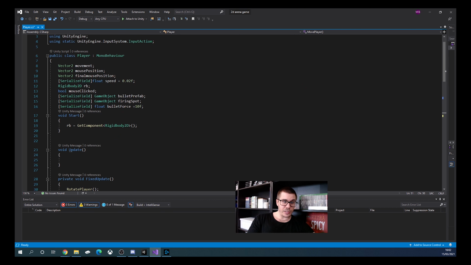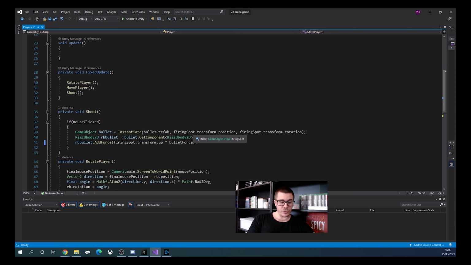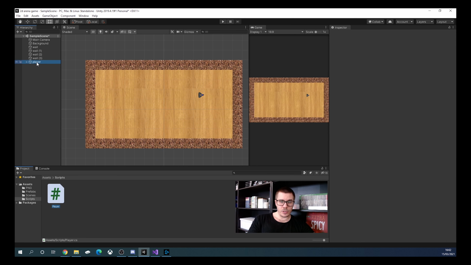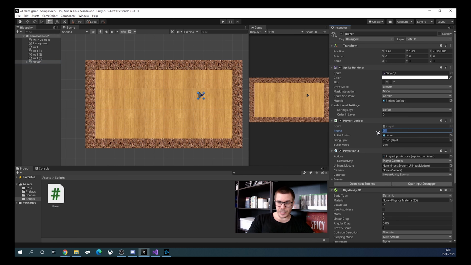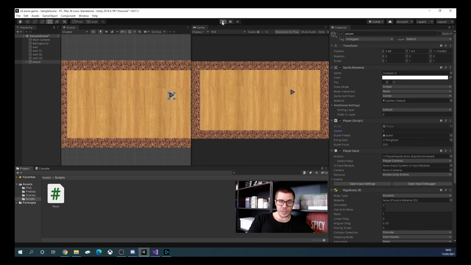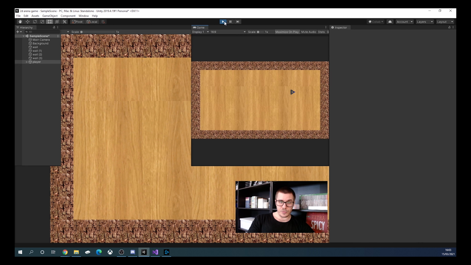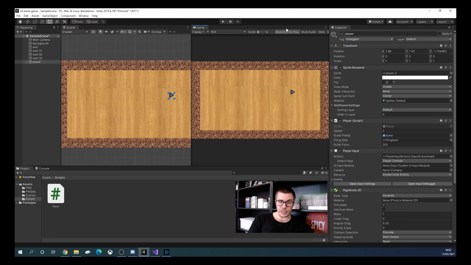So we can see here that the speed is serialized, and now we can press Ctrl S and go into Unity, and clicking on the player we can modify the speed, let's say to 2 Unity units, and make this bigger and play to see that our player is moving with 2 Unity units per second. Of course we can unclick this. I have my maximize on play clicked, so unselect this, and now let's put it to 5 and let's see